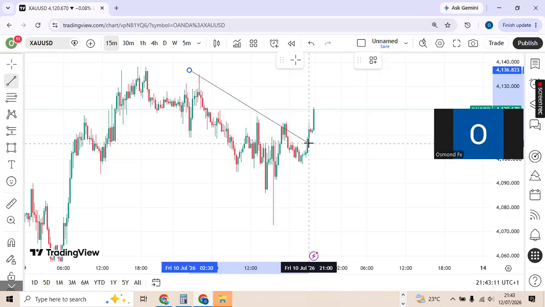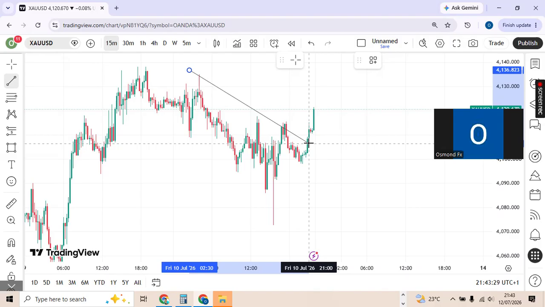take it. Even if the market comes to your support and resistance at night, or let's say during the ending of the London session, don't take it. Take it when the market is more volatile. That is when you will stand a chance of actually making money, because